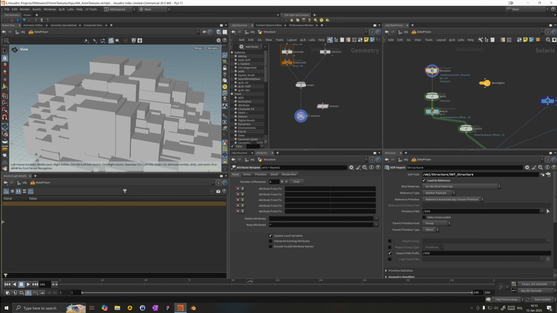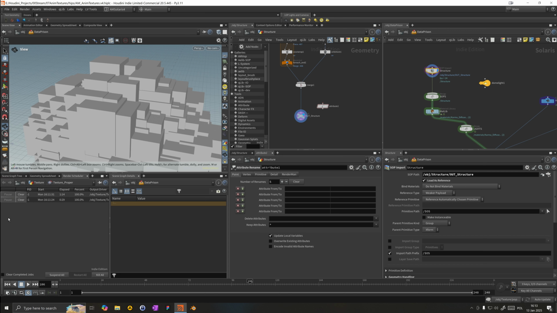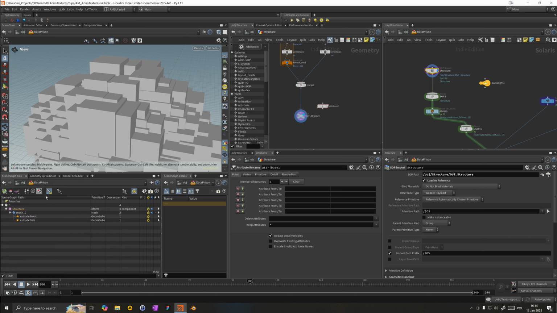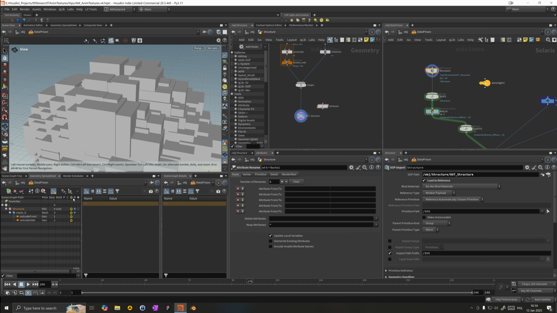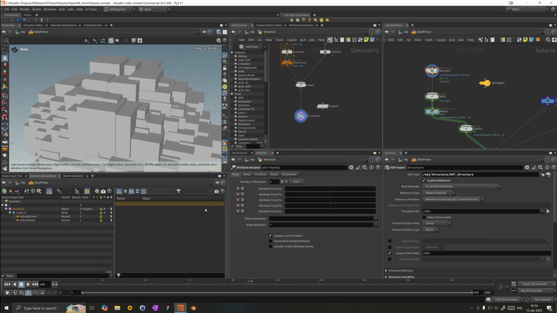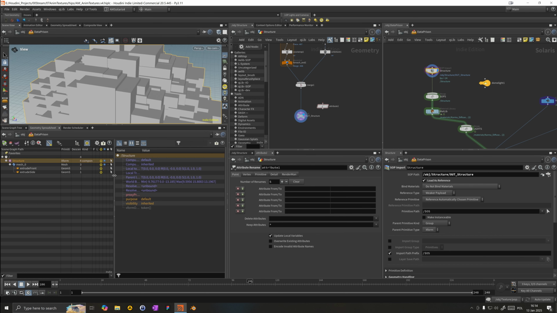I can't see any values. Let's see, scene graph tree or geometry spreadsheet. Okay, structure. So here are the actual USD values that we are getting, and on this mesh 0,